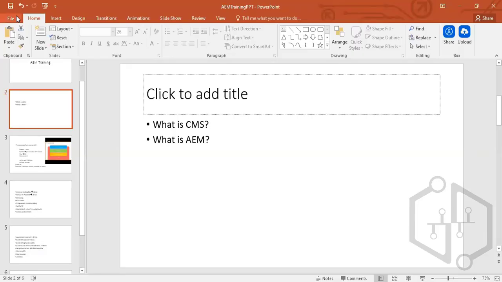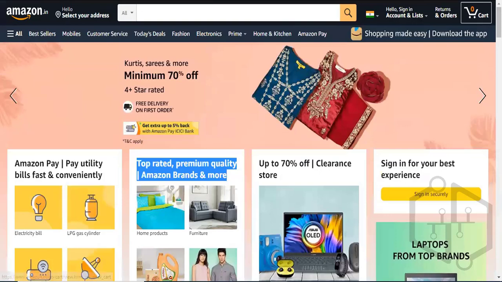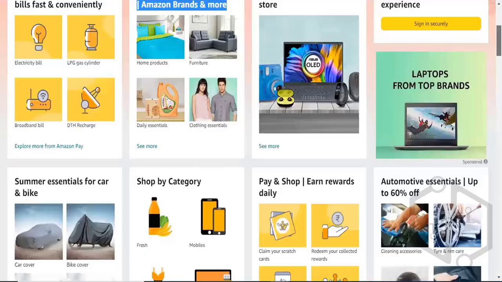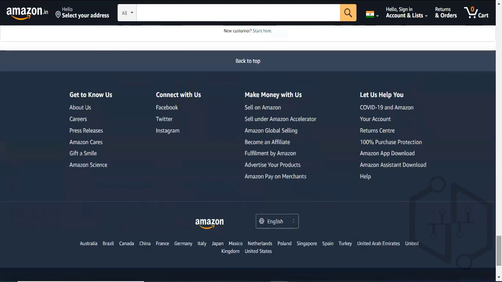Of course, the concept is that templates basically define an initial look and feel of your page. In most websites, like if I open the Amazon website here, you see it has a header, this whole header where the image is and all those navigation and search, plus it also has the footer. So all the pages of a website would have the same look and feel. Of course, the header and footer are going to remain the same on all the pages.